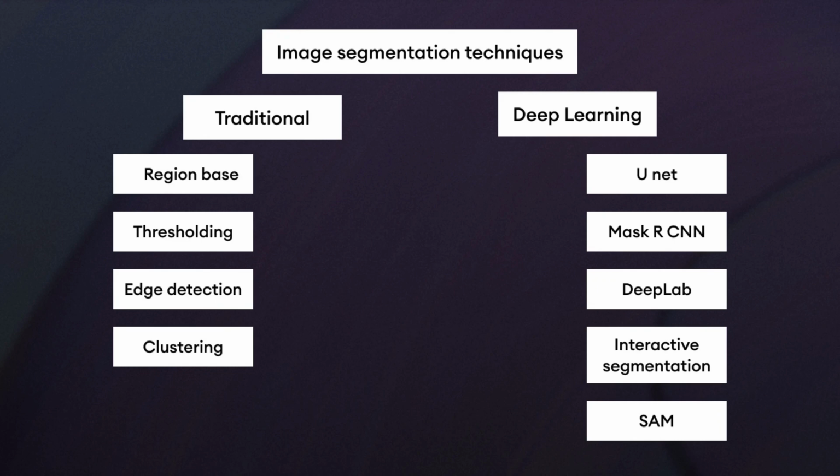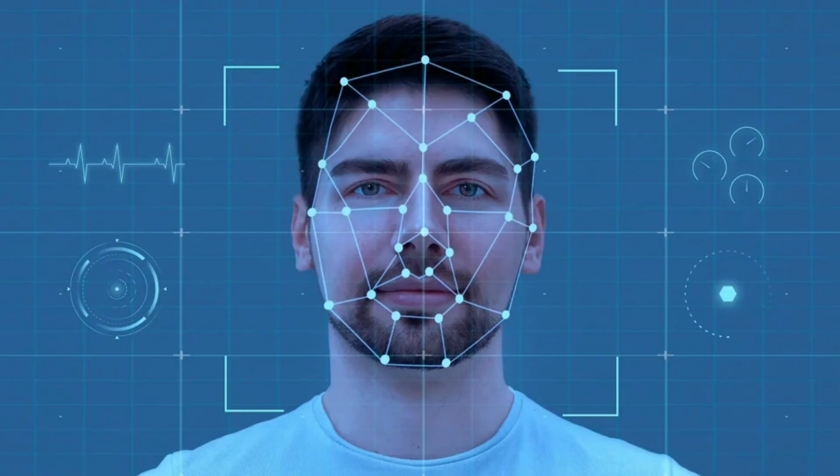Okay, so now image segmentation. Image segmentation is the process of partitioning an image into multiple regions or segments based on certain criteria such as color, intensity, texture, or edge information. The goal of segmentation is to group together pixels that belong to the same object or region while separating them from pixels belonging to different objects or background. Image segmentation is typically performed using methods like thresholding, region growing, edge-based segmentation, clustering,